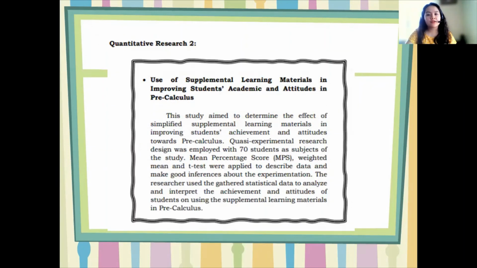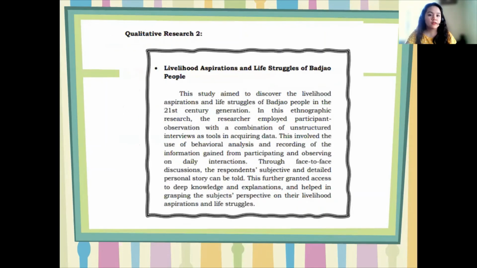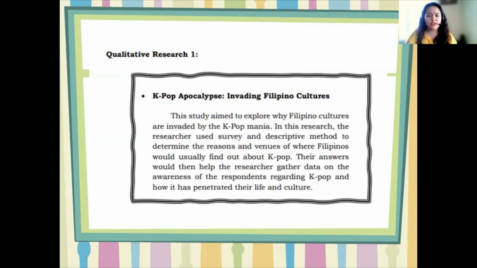Quantitative research, use of supplemental learning materials in improving students' academic and attitudes in pre-calculus. So as you can see in qualitative research, tinatanong dito sa K-pop apocalypse invading Filipino cultures, paano yung